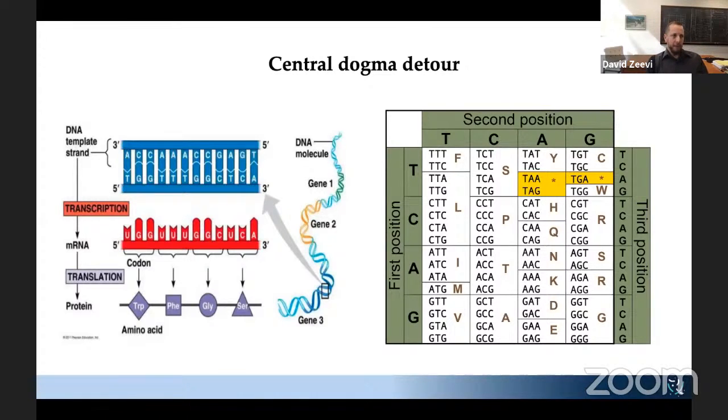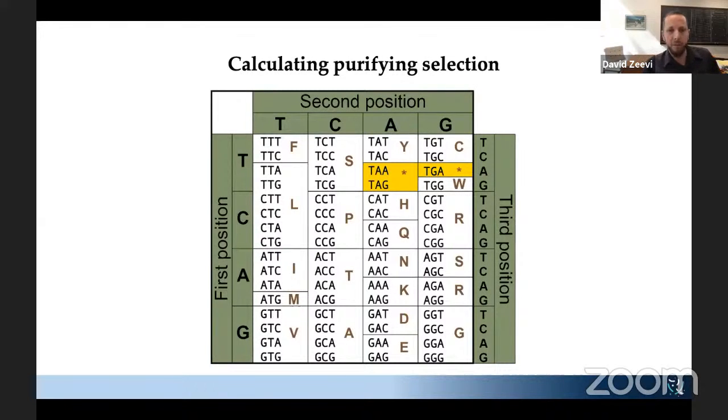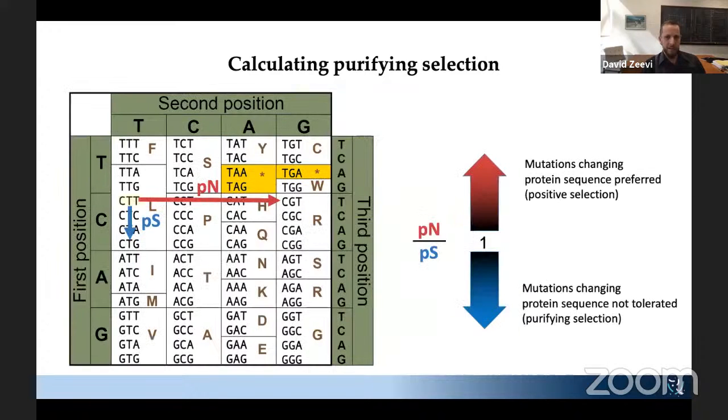And basically, we took these ocean samples, we calculated single nucleotide polymorphisms, and we went about to calculate purifying selection by comparing the rate of non-synonymous mutations, which are mutations that change the amino acid, and comparing them to synonymous mutations, which are mutations that do not change the amino acid context. And basically, if this ratio is close to 0, it means that for that specific gene or for that specific genomic region, mutations that are changing the protein sequence are not tolerated or hardly tolerated, and this is called purifying